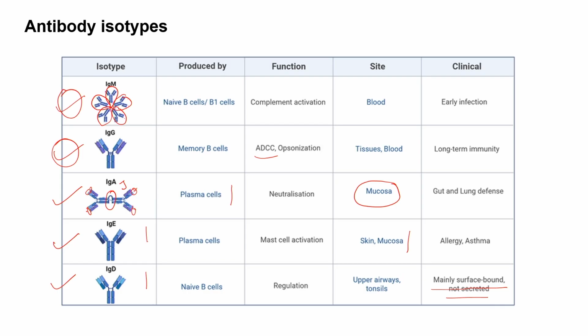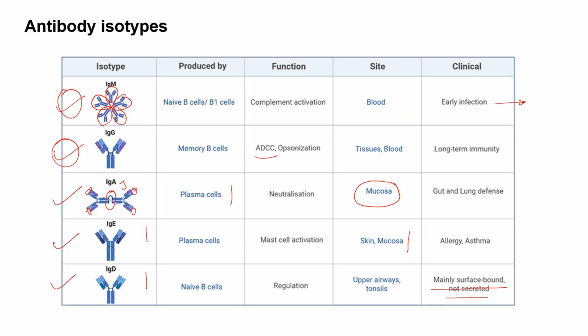Clinically, they are all relevant, and their presence in excess amounts in the body could alarm towards some infection or some kind of process happening in the body. For example, IgM, as I told, is the first antibody that comes into the picture. So it is a very specific antibody that can indicate early infection. Early infections are also called acute infection. So they can indicate that the person recently started suffering from some infection, because the IgM response will increase,